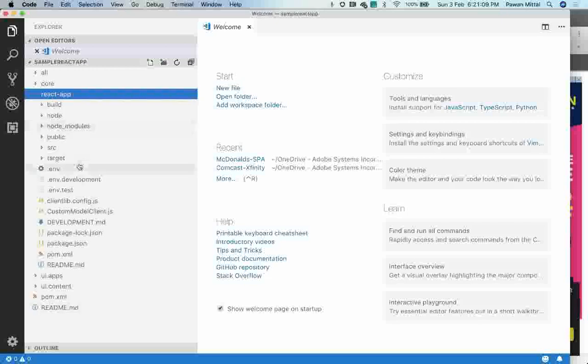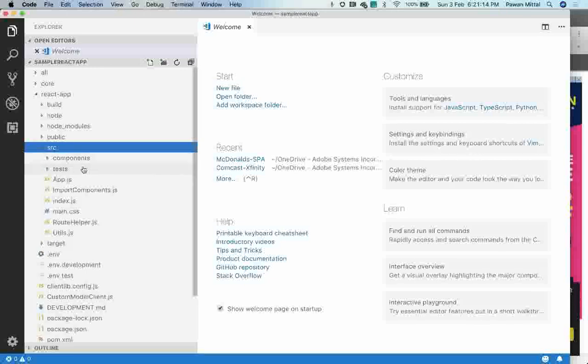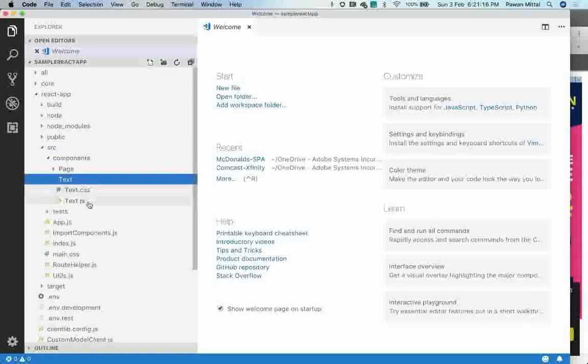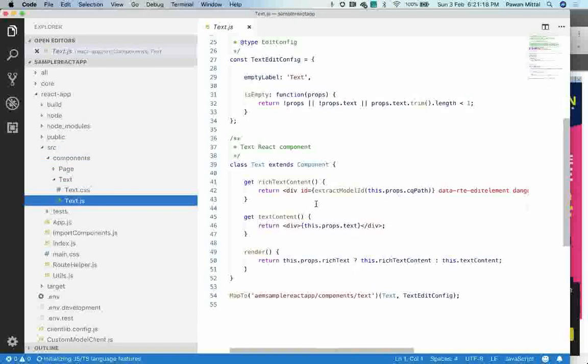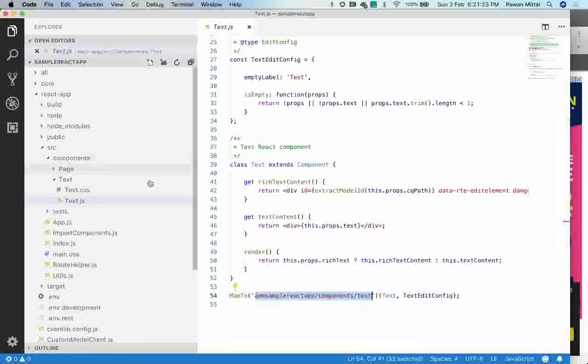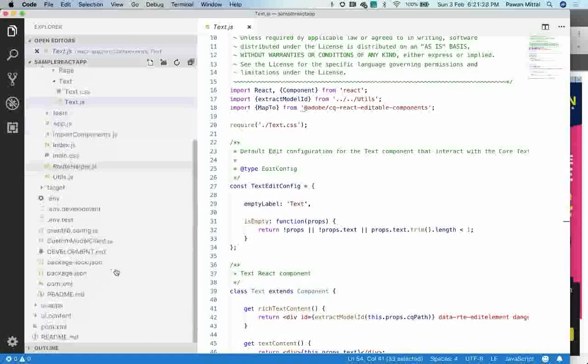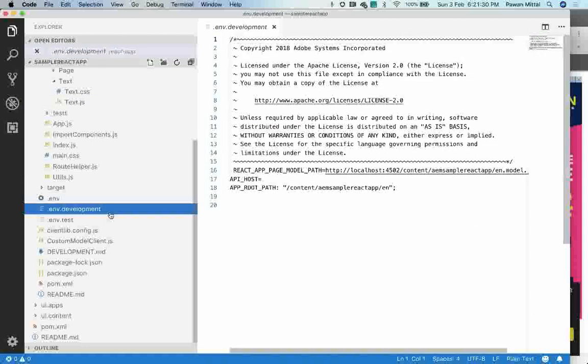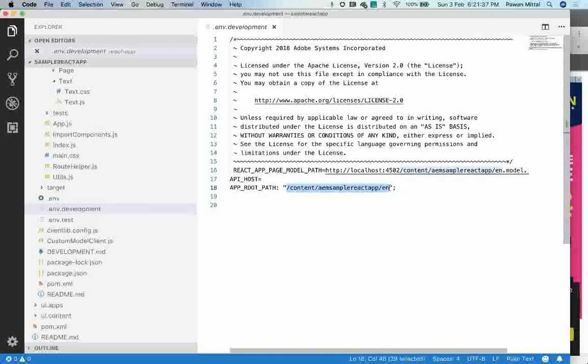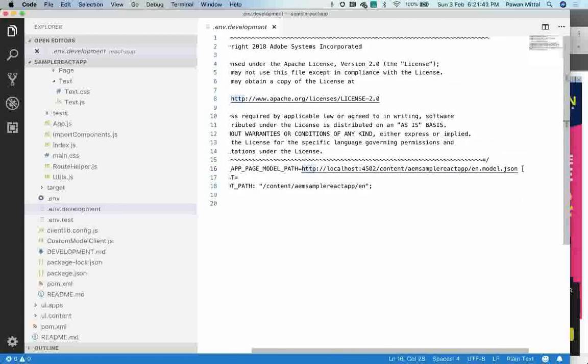Let me go to React app. See, here you can see there is a text component which is mapped with our text component. This is a React component. This is the AEM component where we provide the mapping, and this is the configuration file where we are specifying what is the root path of your app and where the content is fetched from. This is the page model JSON,